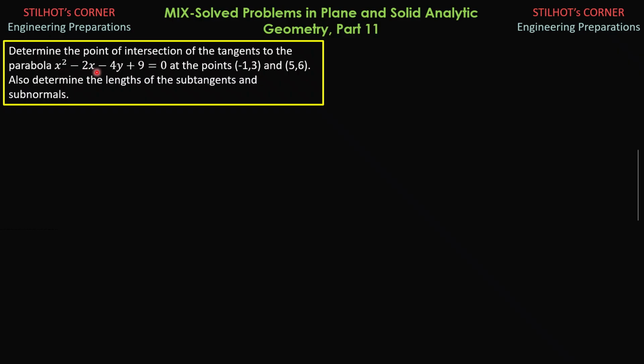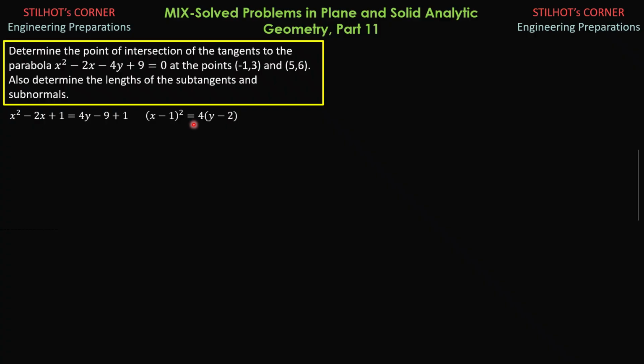We complete the square in x. That is x squared minus 2x plus 1 equals 4y minus 9, then also plus 1. So this is (x minus 1) squared. Factor out 4, and it is 4 times (y minus 2). So therefore, it is indeed a parabola that is open upward because the coefficient of y is 4, the length of the latus rectum, and the vertex is at (1, 2). Equate this to 0, so x is 1; equate this to 0, y is 2. Length of latus rectum 4.